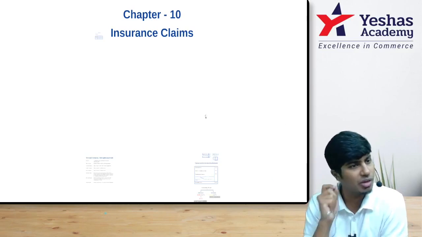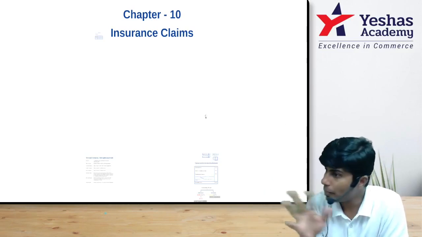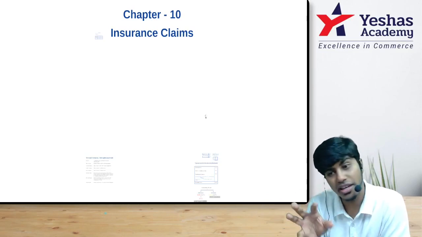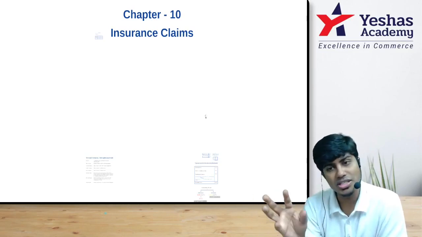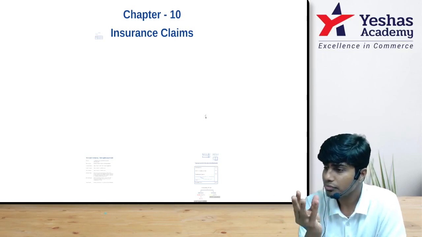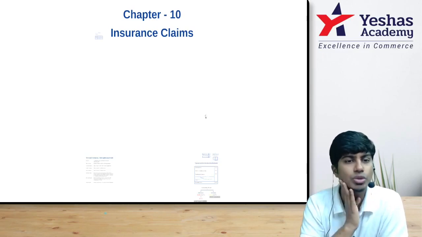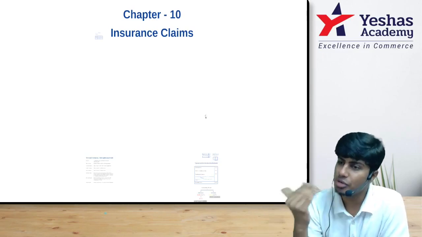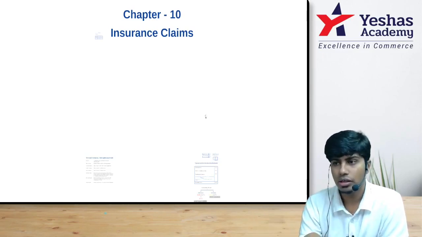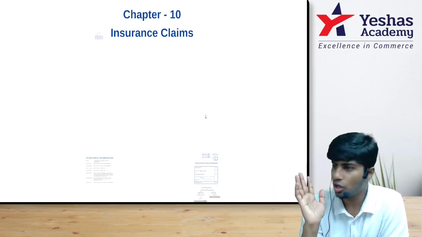If that amount is given, you know how to account, but how to arrive at that amount? This is not the proper double entry system of accounting. This is again special purpose accounting, done just to compute that amount. The entire objective of the chapter is computing the amount of insurance claim we need to receive. How much money will we receive from the insurance company? We need to compute that, and this calculation is to be provided to the insurance company. That is the objective of the chapter.